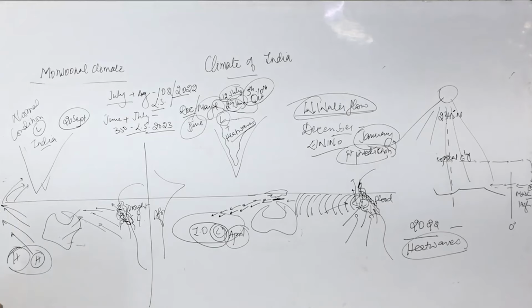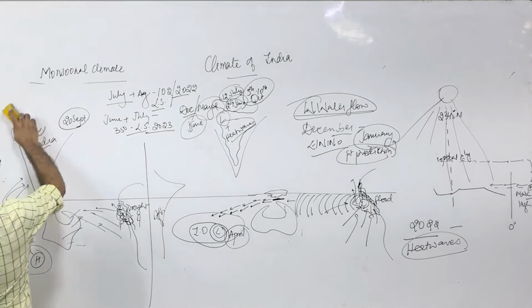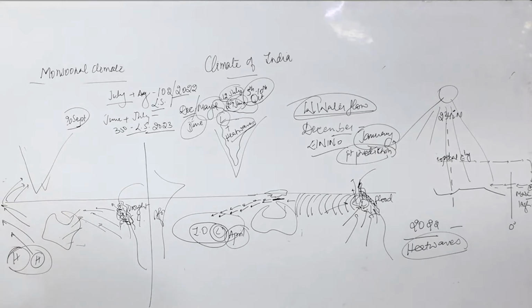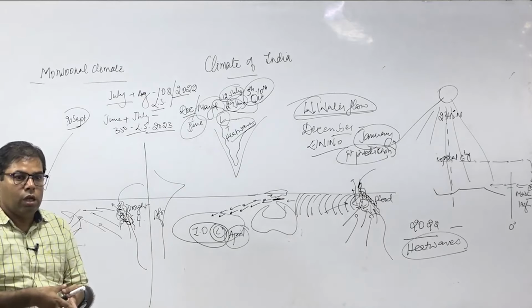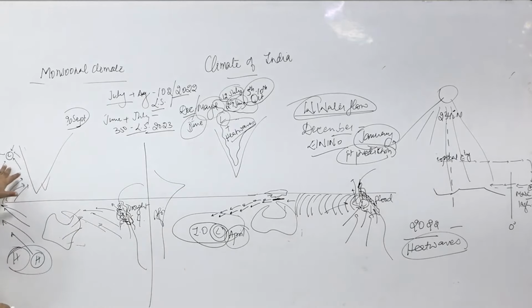If you remember this, in the month of June, there has been excessive low pressure over the Arabian Sea, right? Because of low pressure, the wind has all converged towards the low pressure center. Low pressure means, what does it mean? Depression. Depression means cyclone. Low pressure means cyclone, depression. So this cyclone means all the wind will converge over the low pressure area, right. So then the wind has converged here.